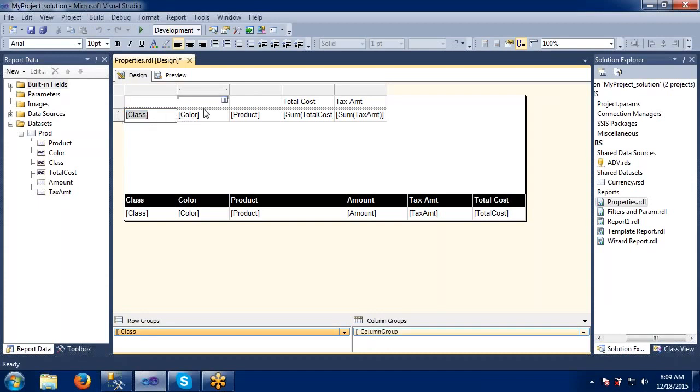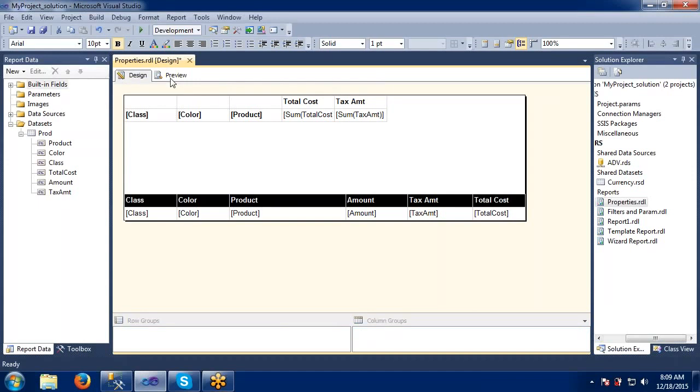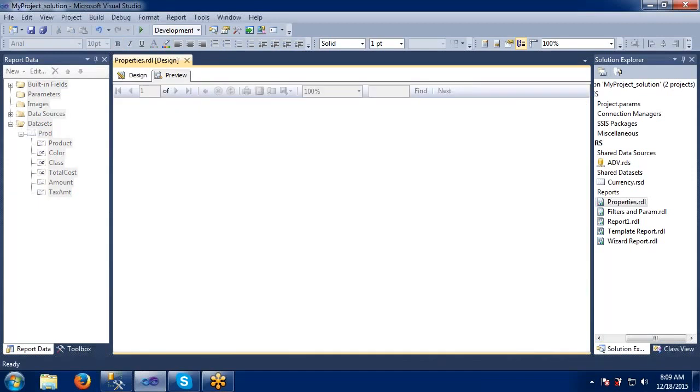Make sure that I'm just aligning all this to make it visible properly. Till now we have seen the table report, right?